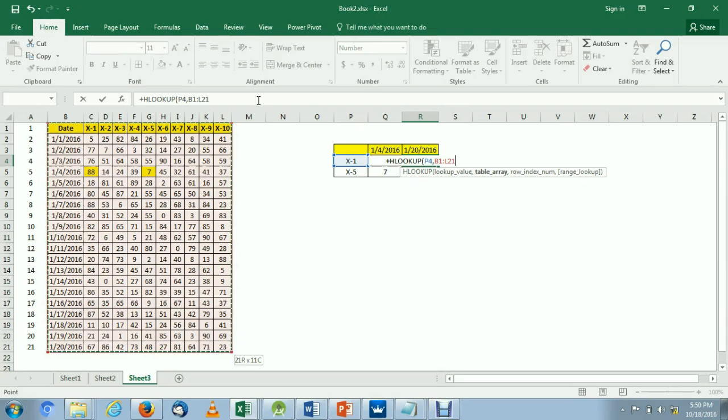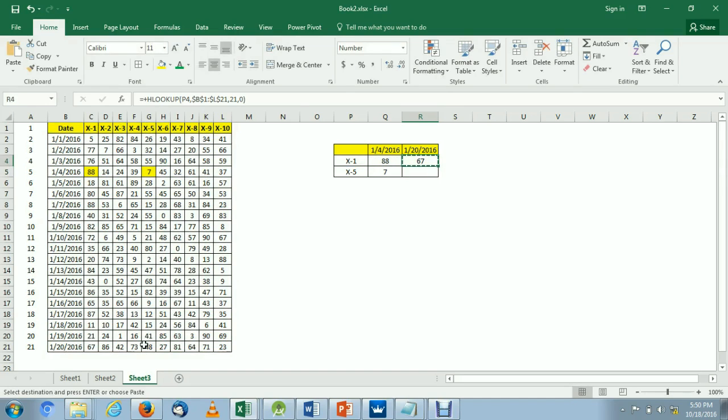Use the absolute reference to make it constant, then the row number. So here, from first, second, third, fourth, the 21 is the row number for date 20, and use the exact match for 20. So here we see that 67 is the value for x1 and 48 is the value for x5.